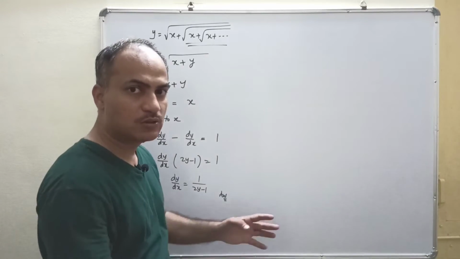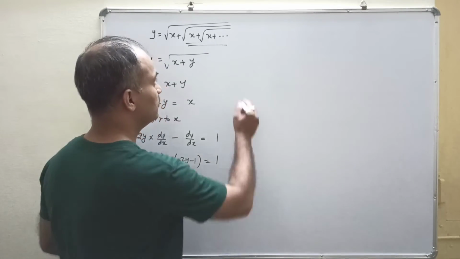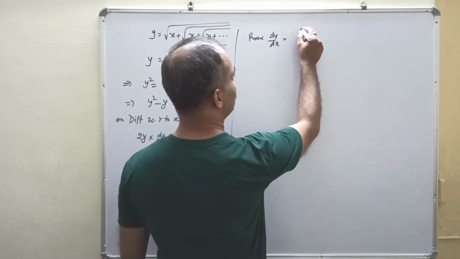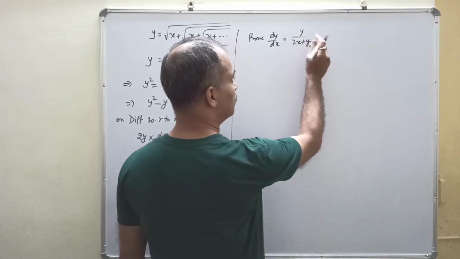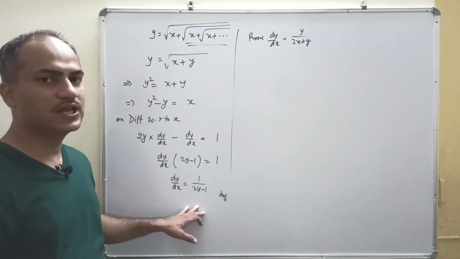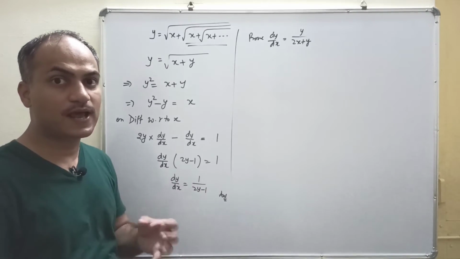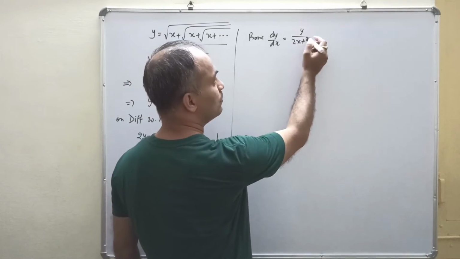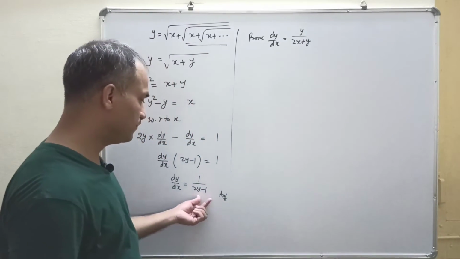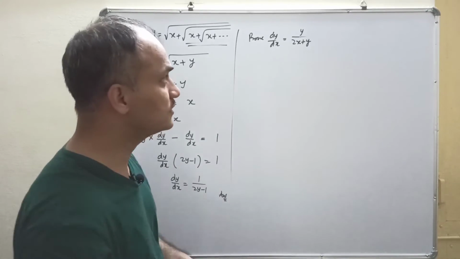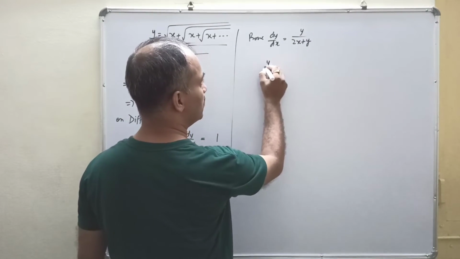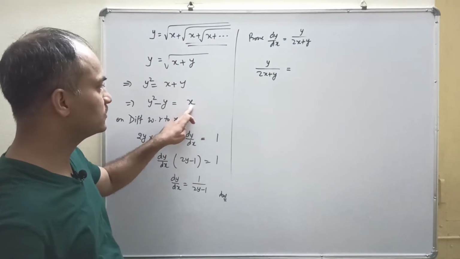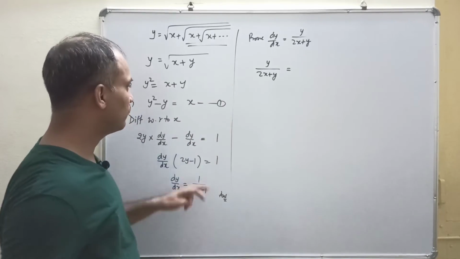Okay guys, now in the same question, if you are given to prove that dy upon dx is equal to y upon 2x plus y, then nowhere are you getting any answer. Then you have to again apply that critical thinking. That critical thinking says that here you have x and y both, and here you have only y. Now focus on this term. What we have to prove is y upon 2x plus y. Let us see, if we put the value of x from this equation, then what happens?